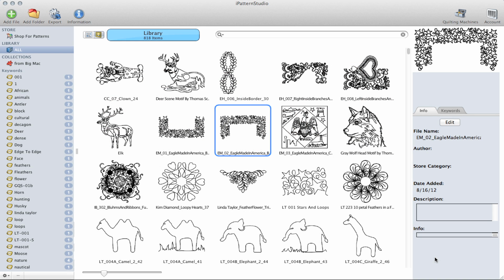video series for iPatternStudio. In this particular video, I'm going to show you how to sync two computers that are both running iPatternStudio. The first thing you'll need to do is make sure that you have the most up-to-date copy